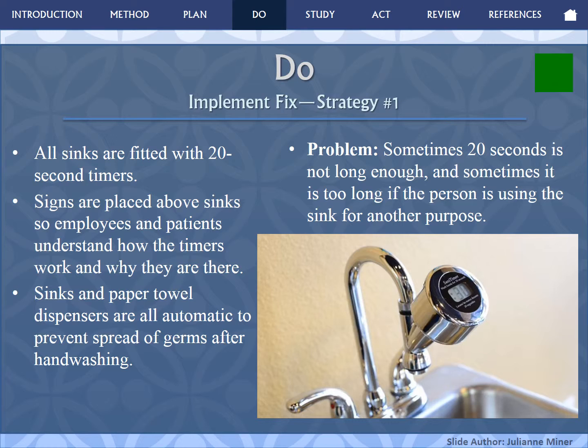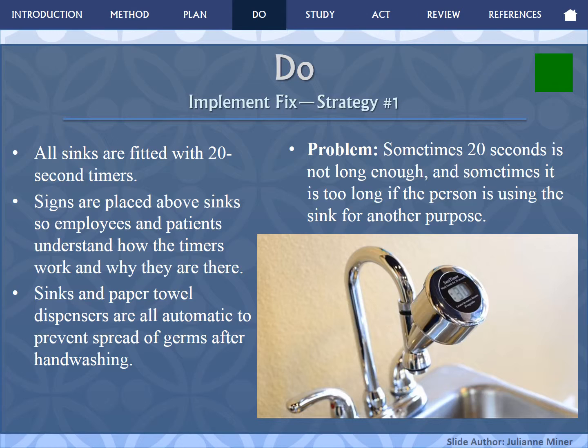The first strategy we will use as we implement our fix is installing timers on all the sinks in the facility. These timers are hands-free and once activated ensure that the water remains on for at least 20 seconds. The purpose here is for employees and patients to be mindful of how long it takes them to properly wash their hands and get rid of germs. We are placing signs above the sinks to explain to employees and patients why the timers are there and how they work. We are also installing automatic paper towel dispensers and making the sinks turn on automatically to further inhibit